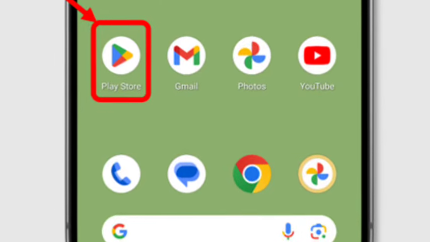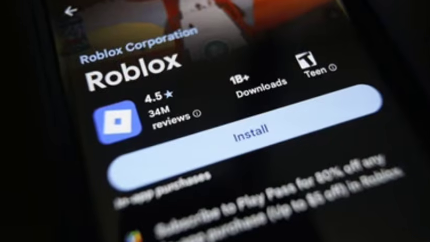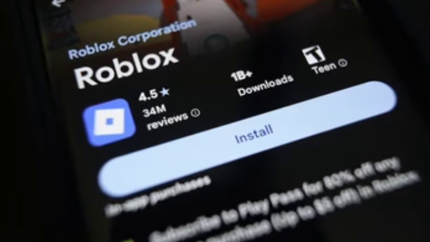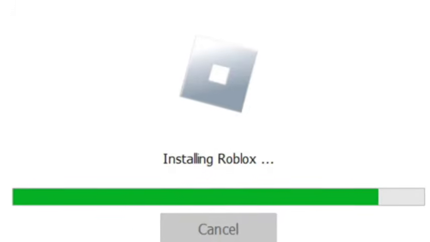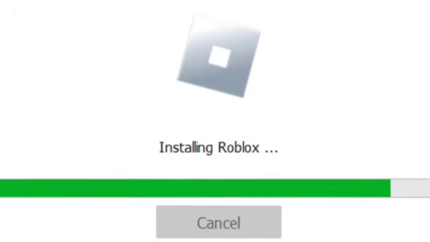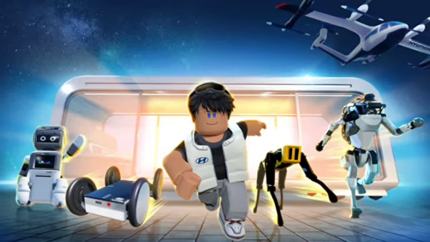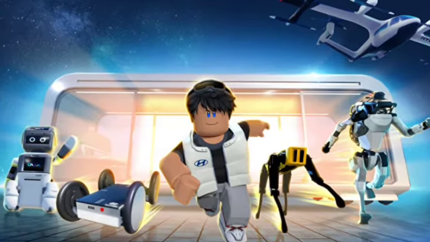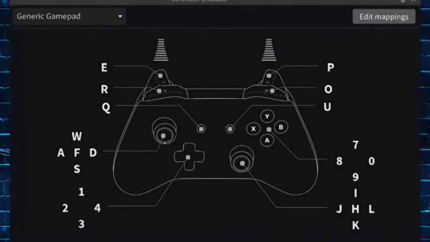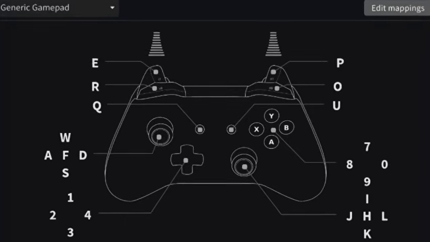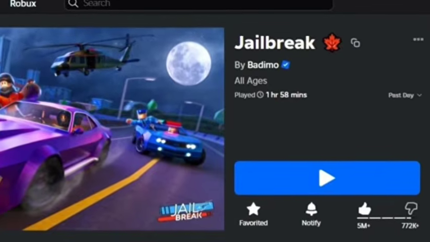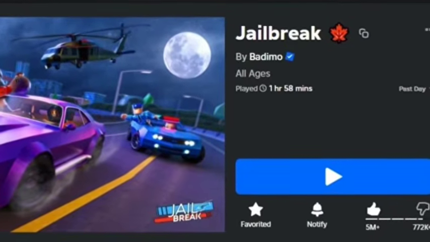Open the Google Play Store on your supported device and search for Roblox. Install the application directly from the Play Store. This bypasses the typical Roblox website installer. Just be aware that this is the touch-optimized mobile version, so controls and graphics settings might be different from the full PC client. And the quick final warning: if you're on a standard desktop, clicking the play button on